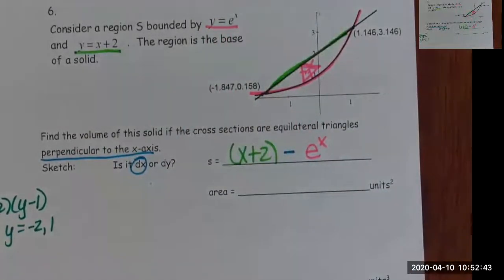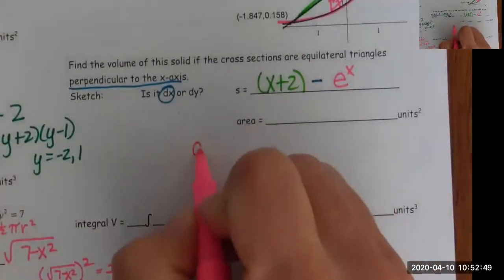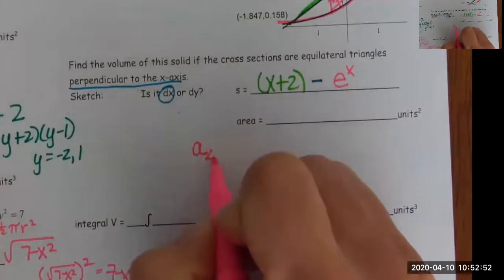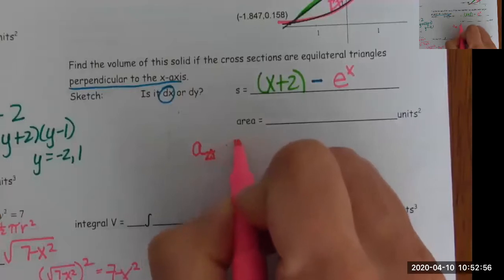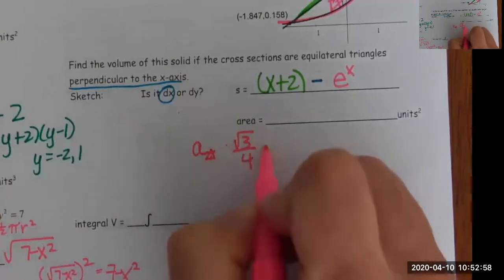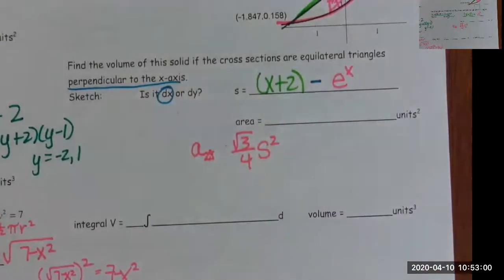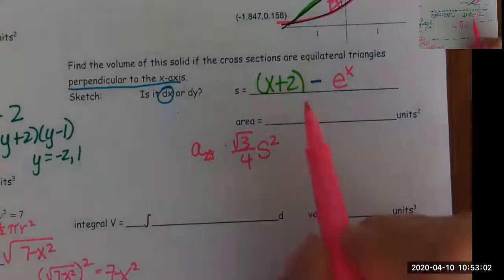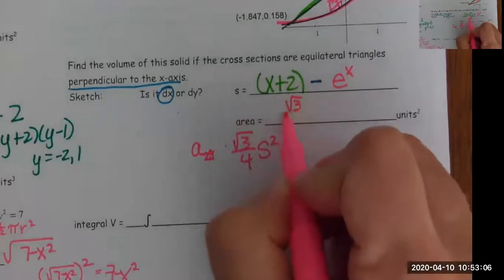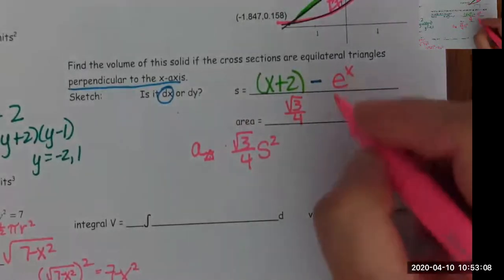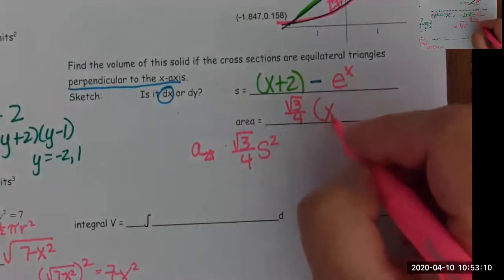There we go. Okay, now what is the area of an equilateral triangle? Area of an equilateral triangle is square root of 3 over 4 times s squared. Well, we already know s. This is s right here, so it's just the square root of 3 over 4, right, times